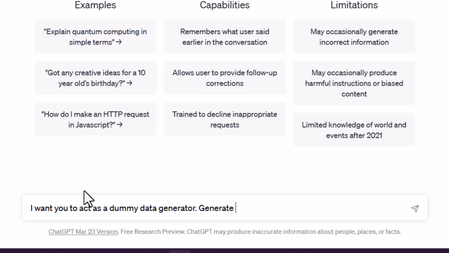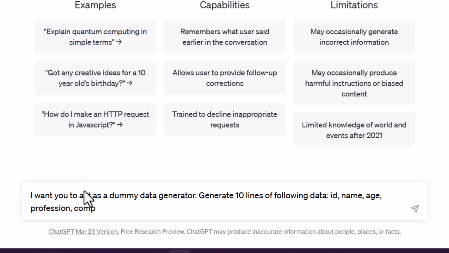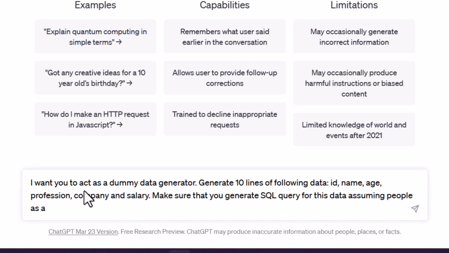Generate 10 lines of following data, where I can give ID, name, age, profession, company, and salary. Right, make sure that you generate SQL query for this data, assuming people as a table name,